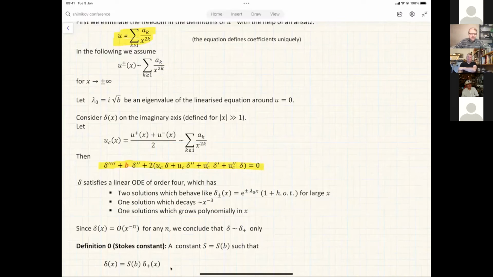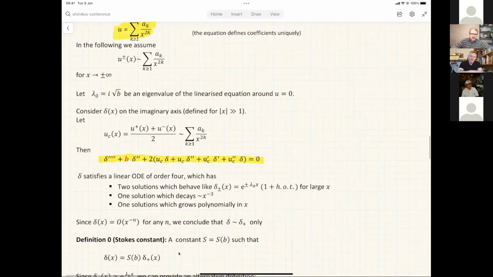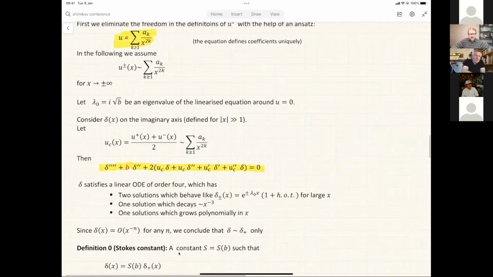And the explanation of this phenomenon can be done using the following argument. Since s of b is a constant, we can study delta of x and delta plus